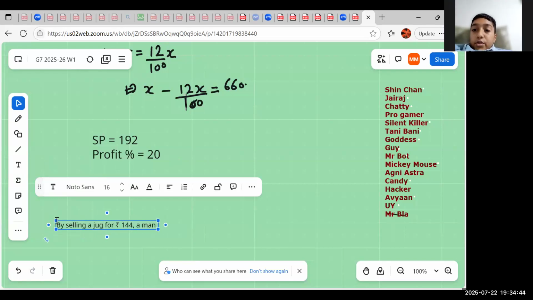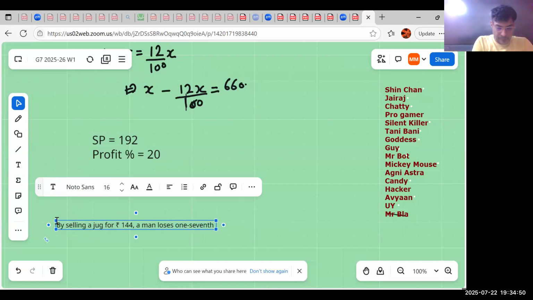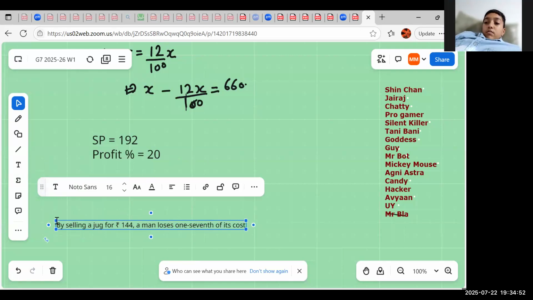I forgot how to do this one. How to find the CP. Just hang on, I will explain. Okay, so